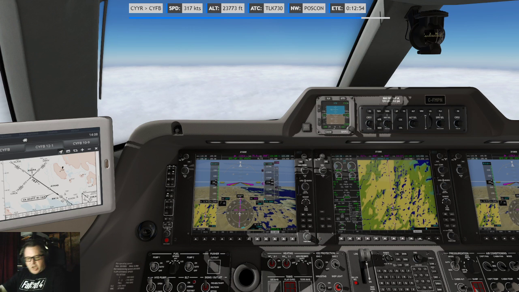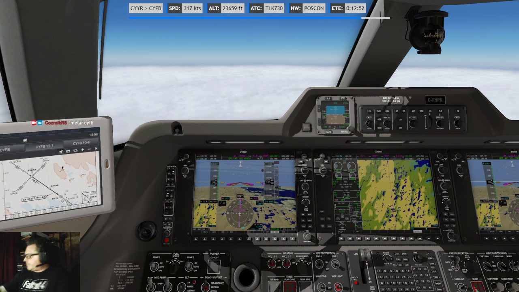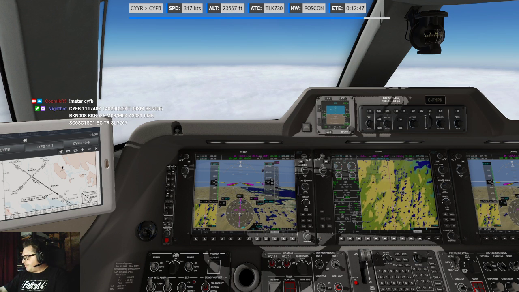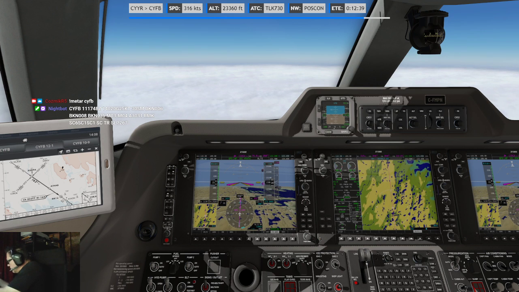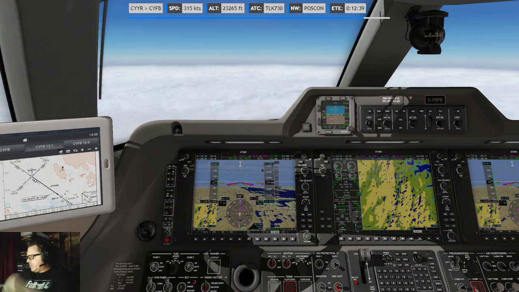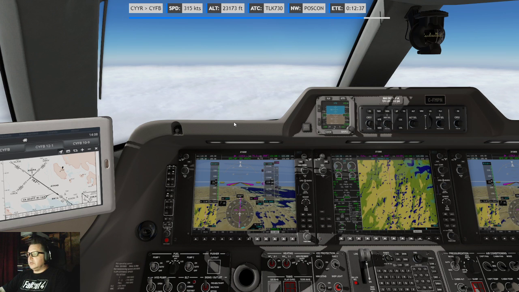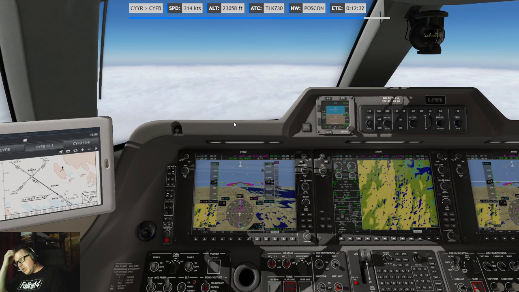Alright, one last check of the METAR before. Oh, there is a change. Yeah, more winds. And more clouds. And altimeter 3031. Alright, this altimeter 3031. Okay. Oh, it's gonna get crazy.